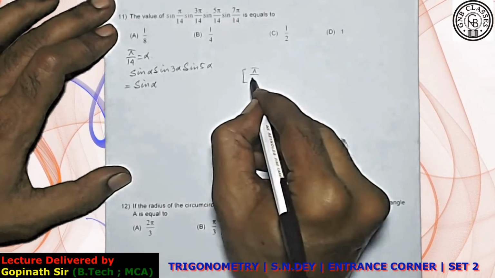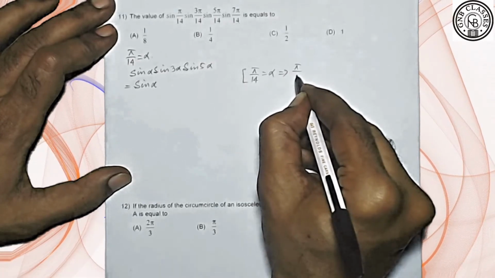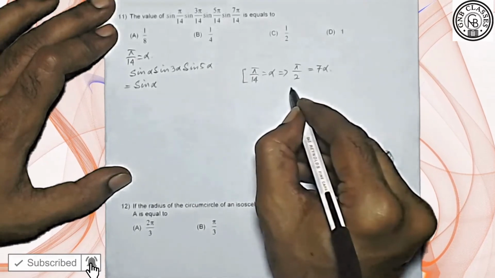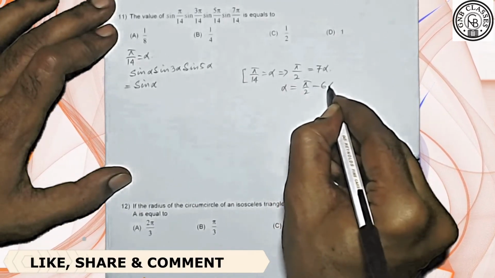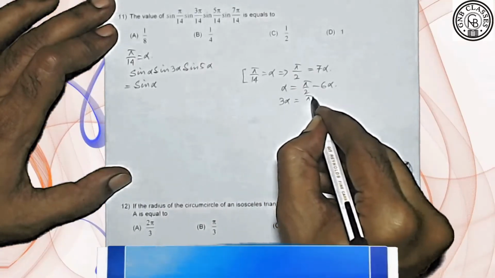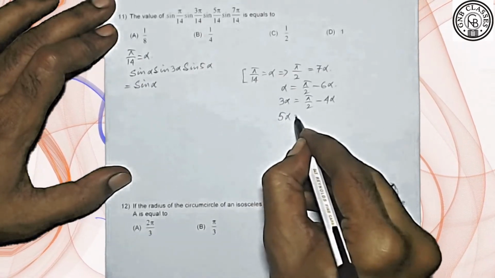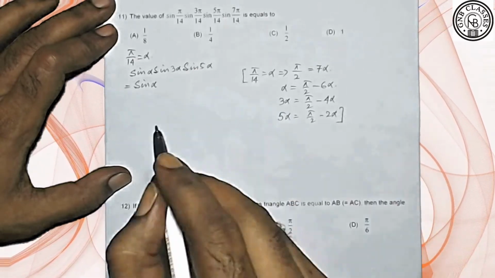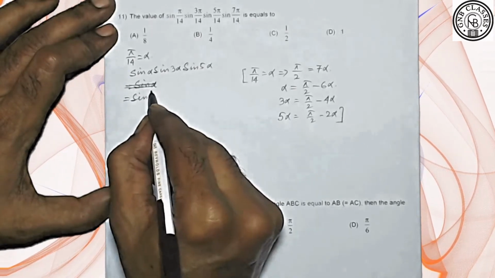Now, see here, we have pi by 14 is alpha. Therefore, pi by 2 is 7 alpha. Okay, so from here we can write that alpha is nothing but pi by 2 minus 6 alpha. 3 alpha can be written as pi by 2 minus 4 alpha, and 5 alpha can be written as pi by 2 minus 2 alpha. Therefore, we can write, in place of alpha I am writing